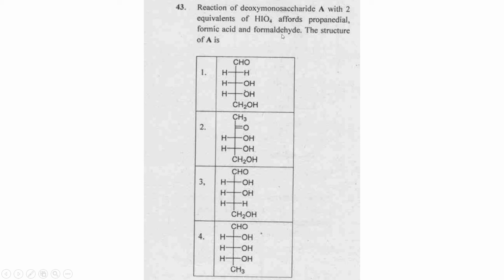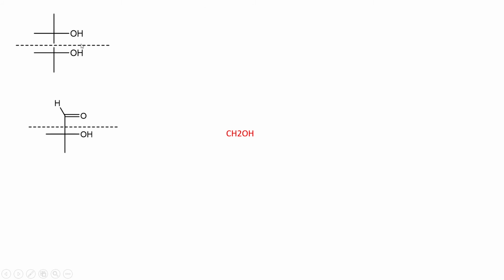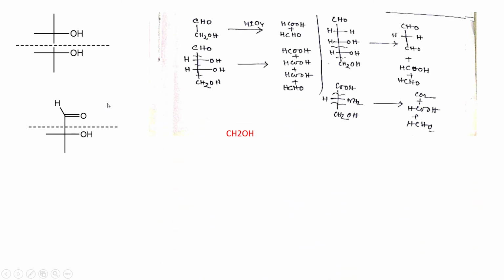This is the question. First you see when HIO4 works. Actually HIO4 works when there are two OH groups in adjacent positions, or one carbonyl group and one OH group. Now you see what the product is when HIO4 works. When HIO4 works on that type of compound, this group forms formic acid and this group forms formaldehyde. When HIO4 works here, these positions are cut by HIO4, and this forms this, and this forms formic acid, this forms formic acid. And you need to remember this, because in the exam you cannot do the whole mechanism. So you need to remember how HIO4 cuts the molecule.